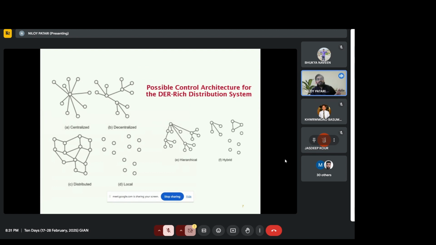And distributed is another architecture. In distributed architecture, you have this 13 bus feeder, right? In the 13 bus feeder, each of the nodes is at the same level of priority. So in 13 nodes, if you remove the substation node, there are 12 nodes, right? So each of the 12 nodes is at the same level of importance, and each of the 12 nodes can talk with each other,